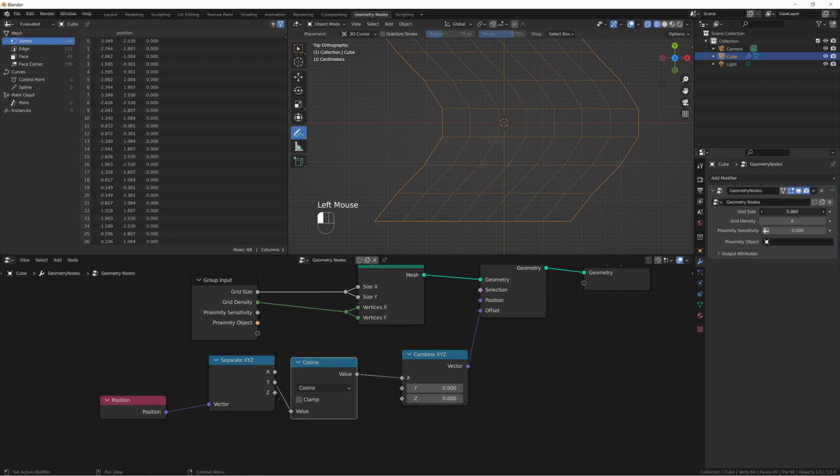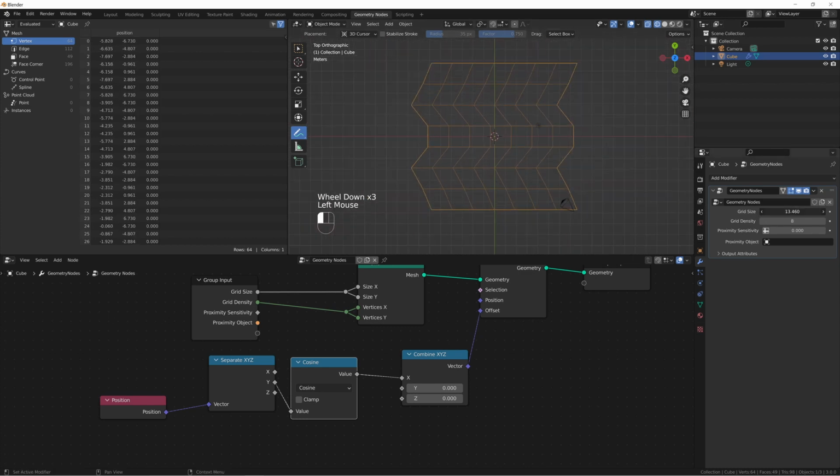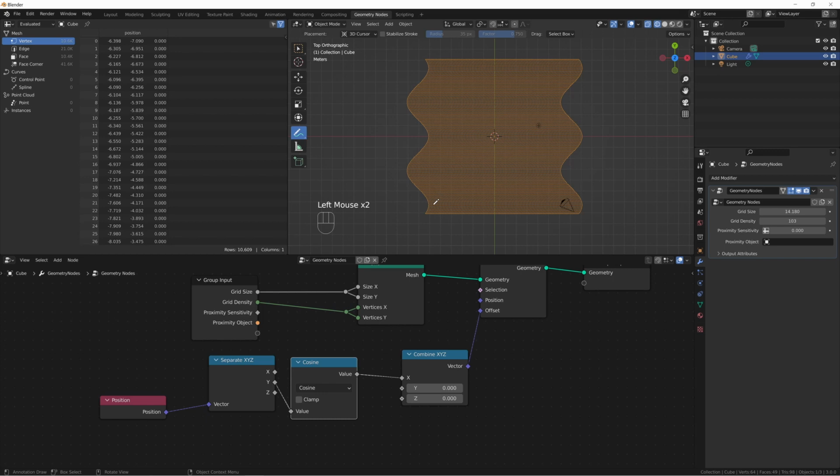And if we, say, increase this a lot and make it a really big grid and bump up the resolution, you can see how we're getting this oscillating pattern right here. So what we want to do is basically space out our vertices so that we have one vertex right here, one vertex right here, and there, and so on and so forth, and nothing in between, nothing in this area right there. That way, each vertex is going to essentially be alternating between this position, that one, and then so on and so forth. And the way we're going to do that is by, first of all, changing this so